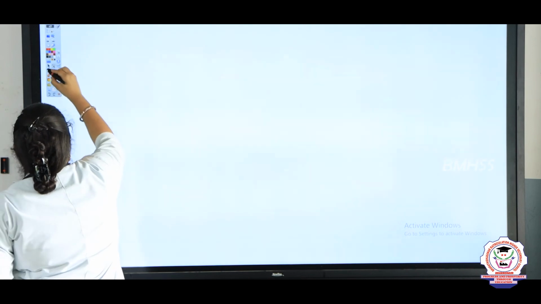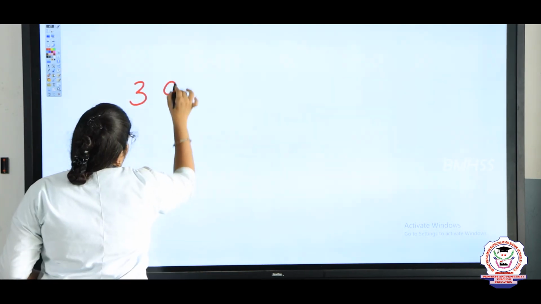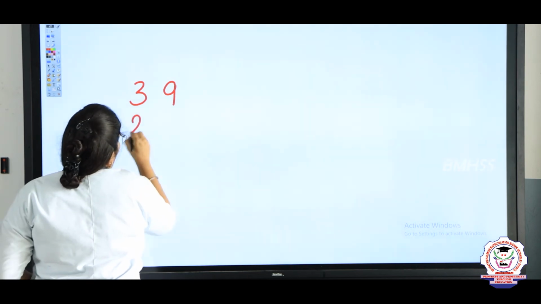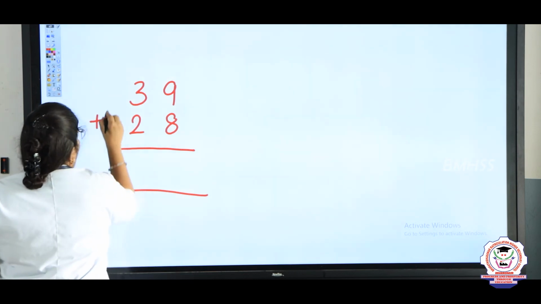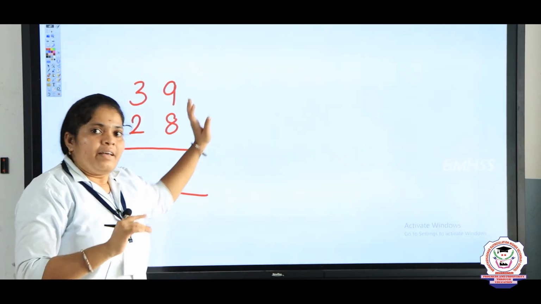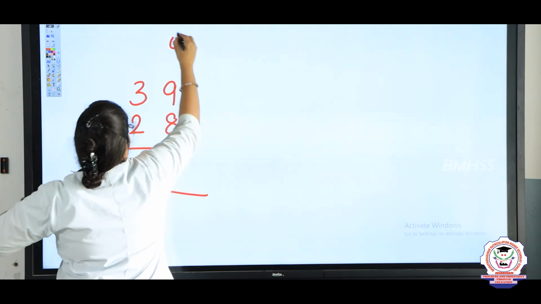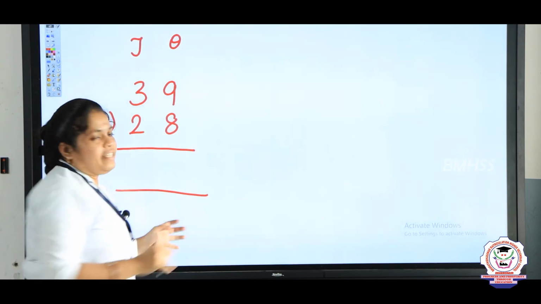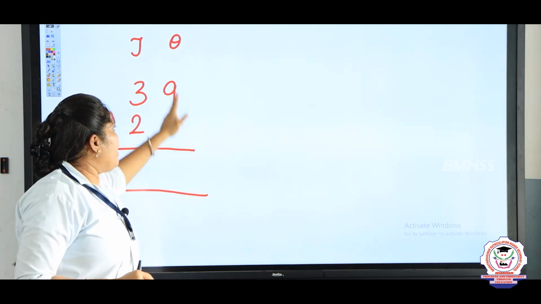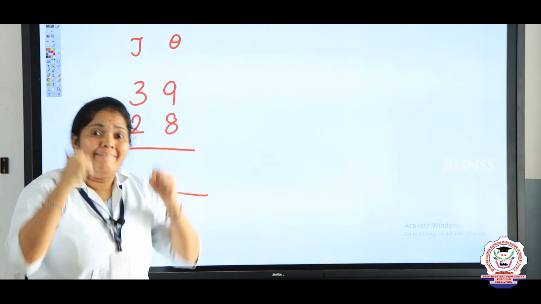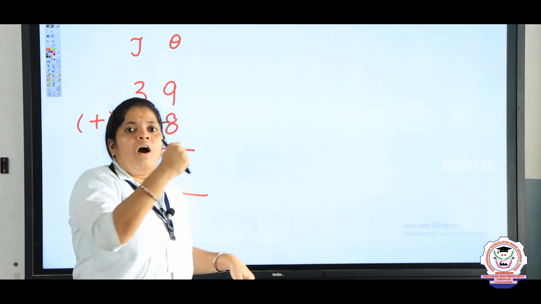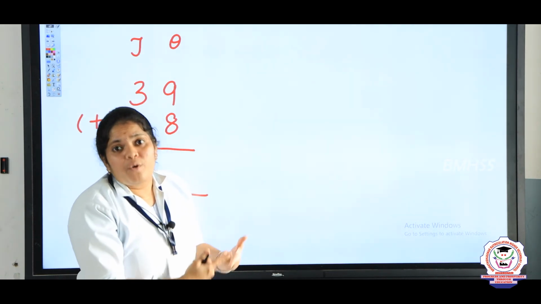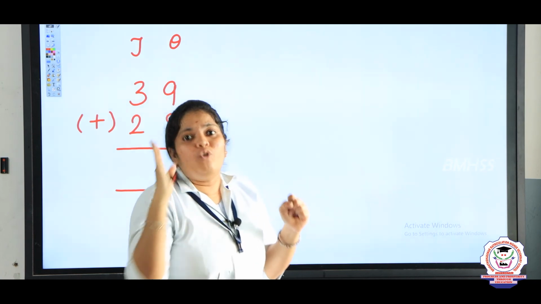So, let us do one more problem here, one problem. Fine. So, 39 and 28. Come on, tell me. First write ones place value and the tens place value. Add addend 1 and addend 2 in the ones place value and tell me whether this sum is with regrouping or without regrouping.